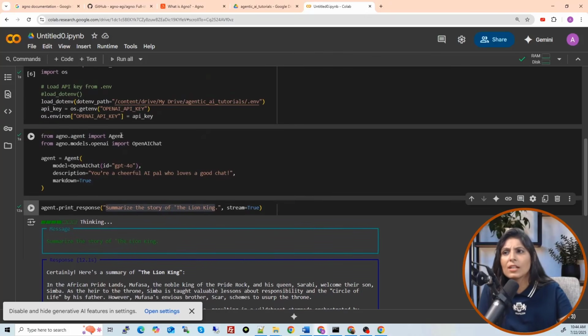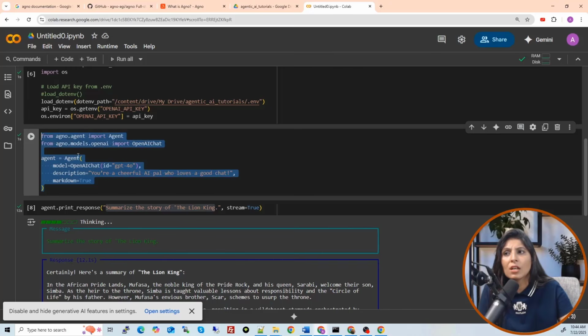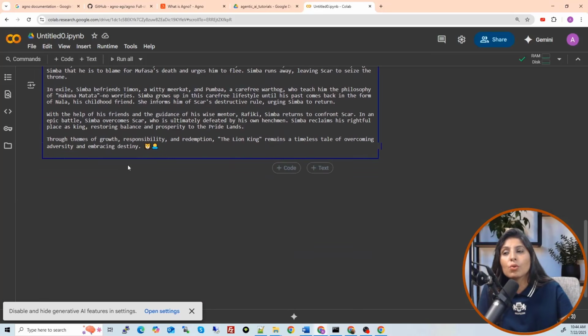Let's talk about this agent only. This agent is using one LLM right now, but there are some tasks which the LLM can't do. So for those tasks, you can create tools, and you can use those functionalities to make your agent more intelligent. So that's what we are going to do now.